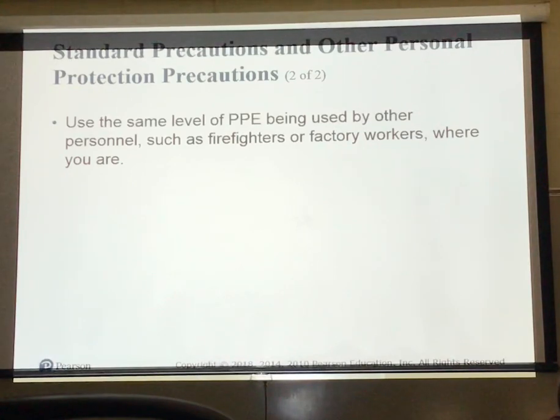I had a question in class, so he gave us the little outfits you wear, the hat, you know. I was like, so these are resistant to liquids, so if blood gets splattered, it's not going to go through? And he was like, they're not waterproof, they're water resistant, so it can still go through those outfits. It just takes longer. There's nothing that is 100% protection. Nothing. And so he gave us these full hazmat suits.